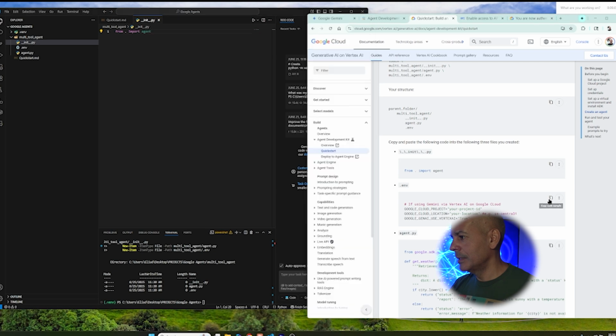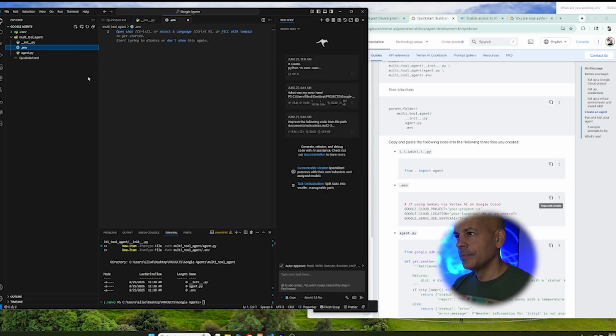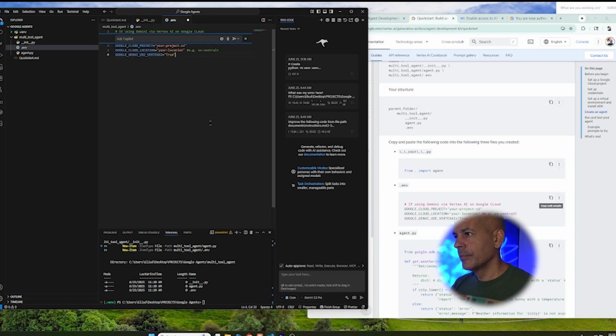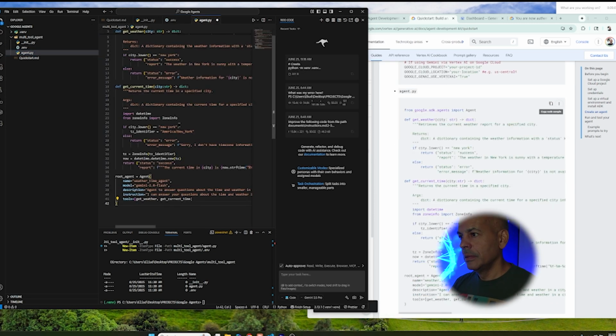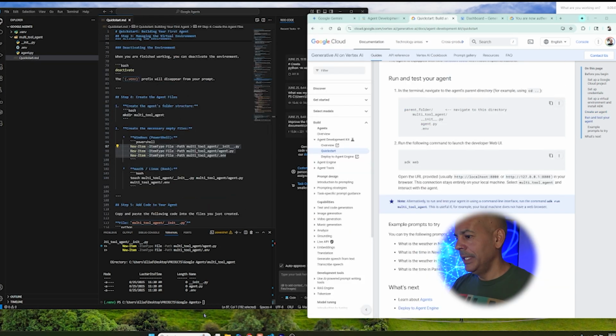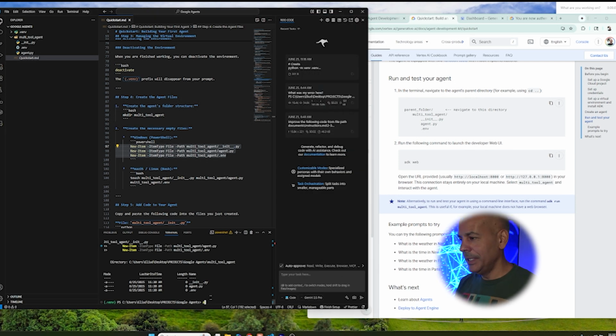And then in the environment, we're just going to copy the simple agent that retrieves the current weather report. Save that, control save. And now if I start the ADK,